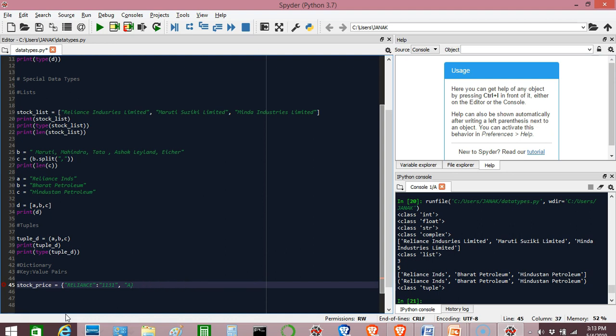Actually, let me add the NSE code as the key for simplicity. Adani End. Price of that I will add as this. I need not put quotes here actually for the price, so I'll just add a float number out here, right? So now I've created a dictionary of two stocks and their prices, right? Now the dictionary, the value can be accessed